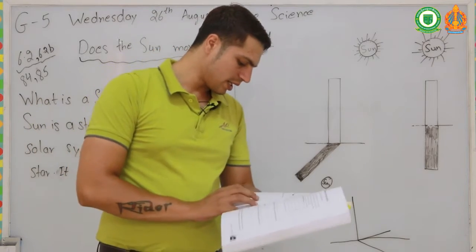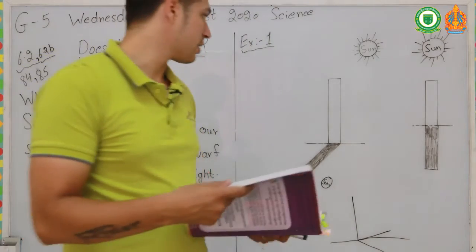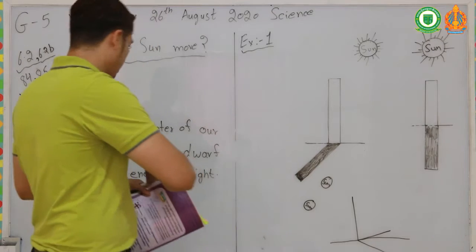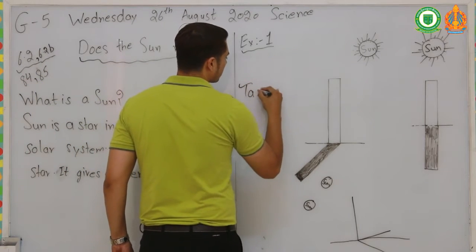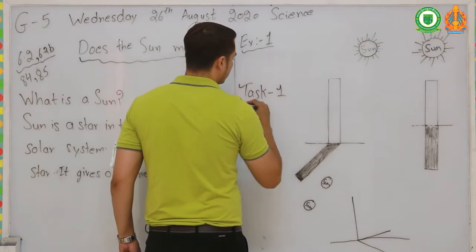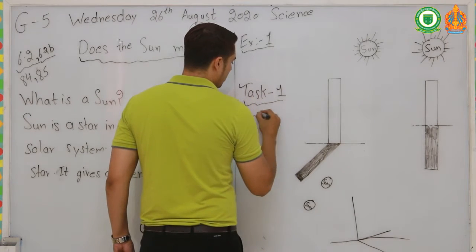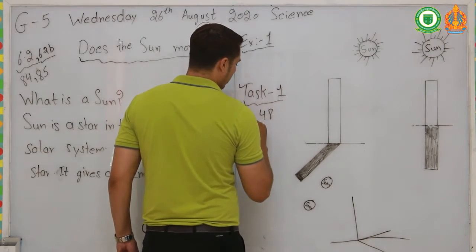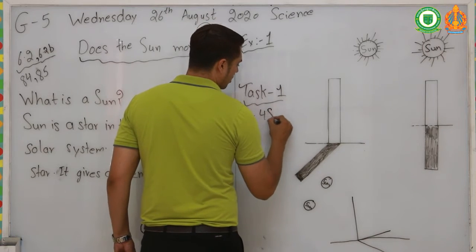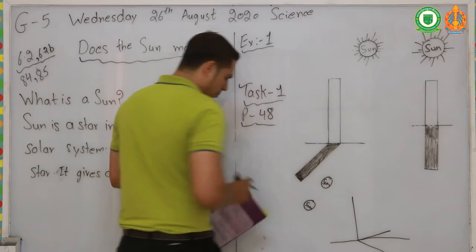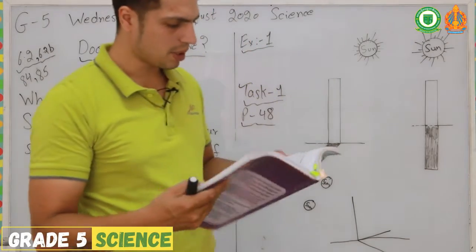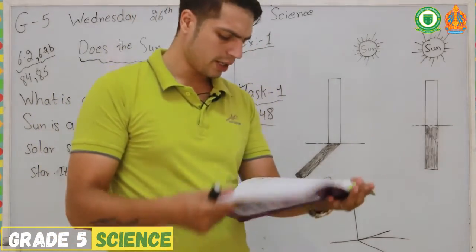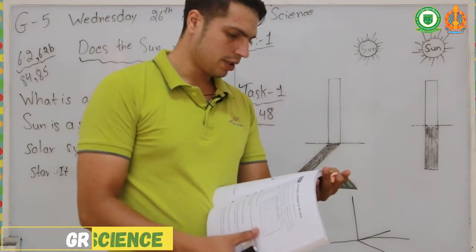So your task 1 is on page number 48. Okay, I will write down here. Task 1, page number 48. Okay, part 2. So part 2 on your book, page number 48. Okay, so you can see,